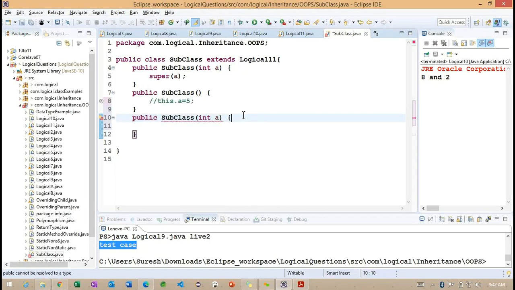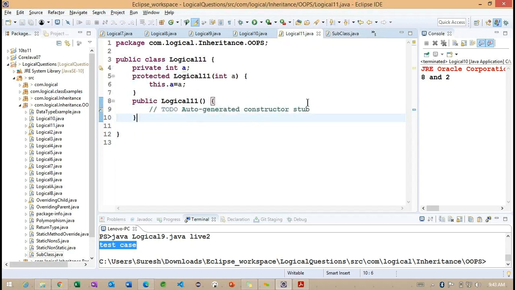Okay, so now you can understand here. Basically we have one parameter constructor. Now you want to check with the super B. What is happening here? We are not going to get anything. Let me save here. Are we getting any error here? No error. But why? For the default constructor only we are getting it here.